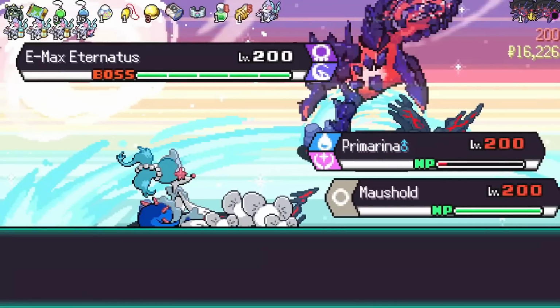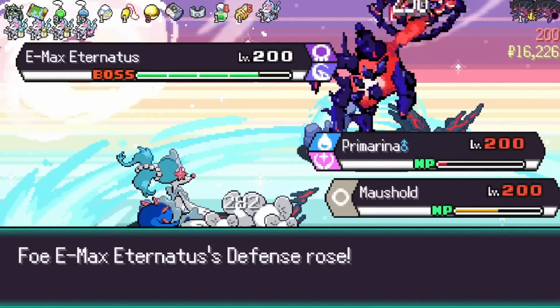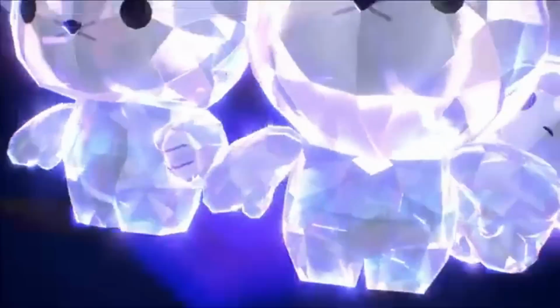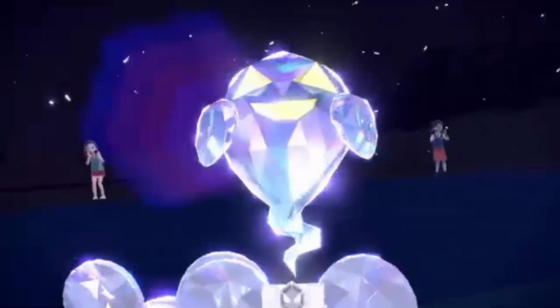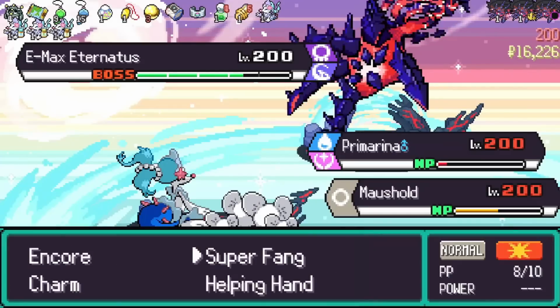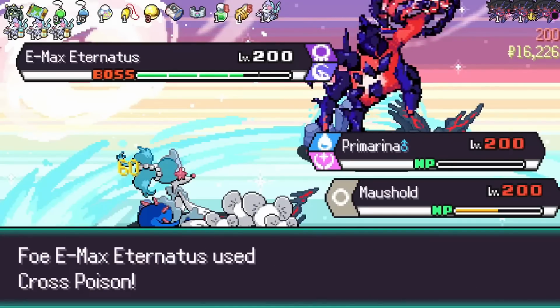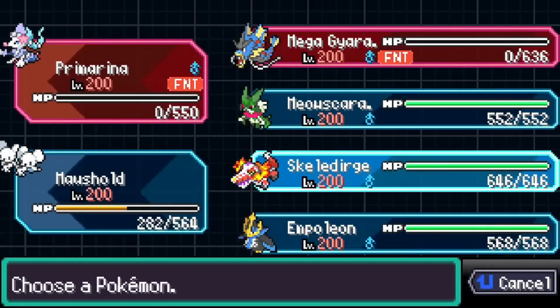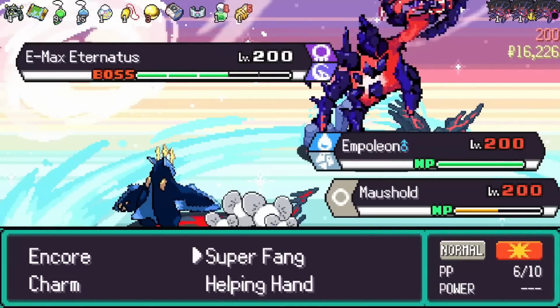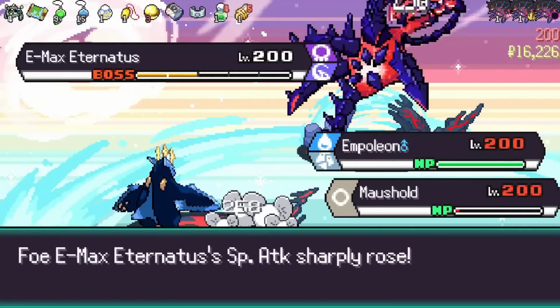As the final battle commenced, I immediately began to spam Icy Wind on Primarina and Super Fang on Mousehold. Do you all happen to remember how I hyped up Mousehold at the beginning of this video? Well, it turns out that Super Fang on boss fights is pretty busted, considering it takes an entire percentage of the boss's HP bar instead of just a flat amount. And the best part was that I could continue to do the strategy with my Empoleon in the back once